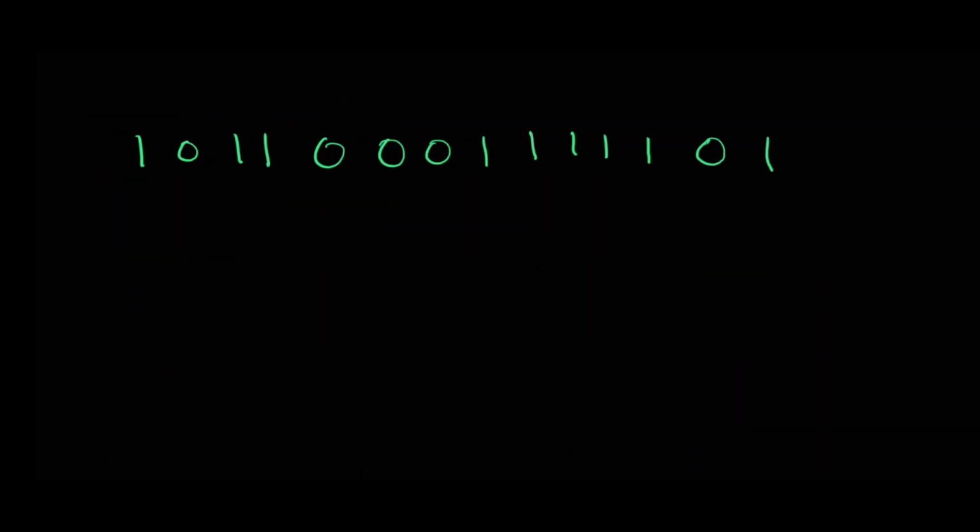So remember, the first thing we have to do is break it up into groups of 4 starting from the right. So we have one group of 4 there, another there, another here. And then even though we only have 2 digits left, we can still pretend that this 10 is a group of 4, because we can just pretend that there's 2 zeros in front of it. And now that we have that, we can just do, starting from the right,